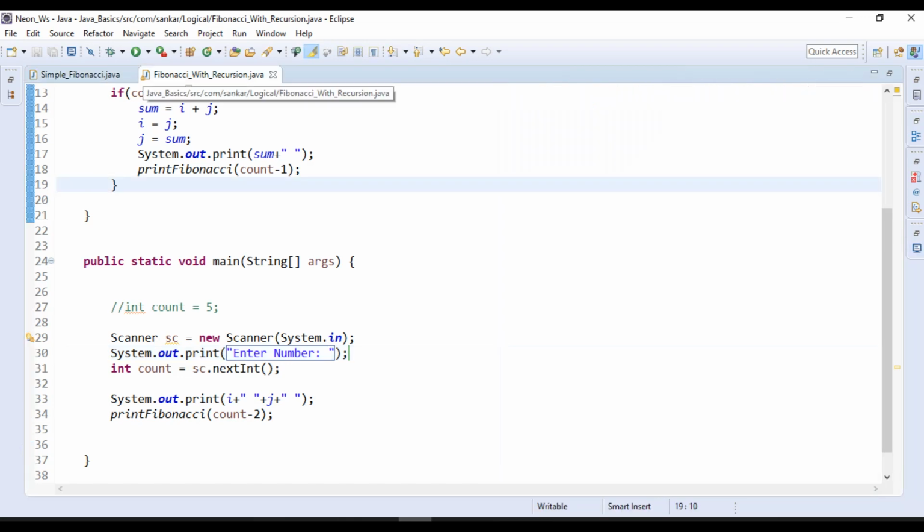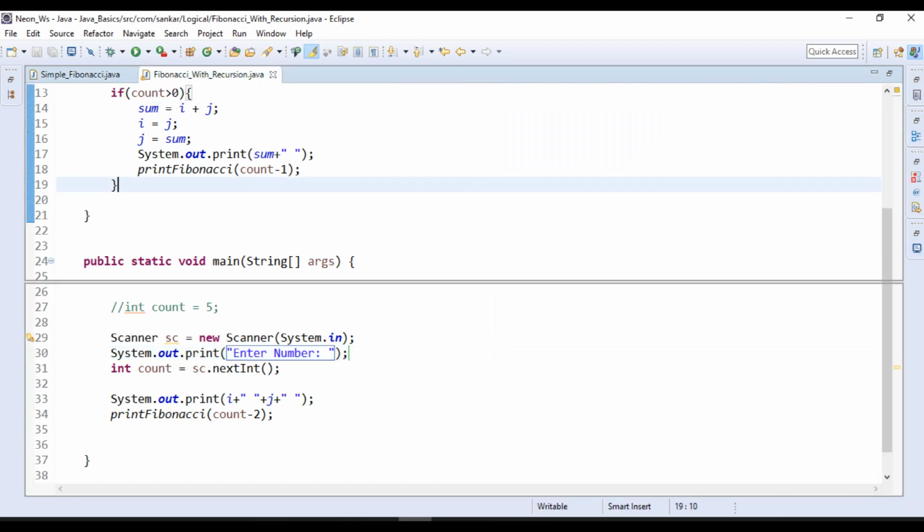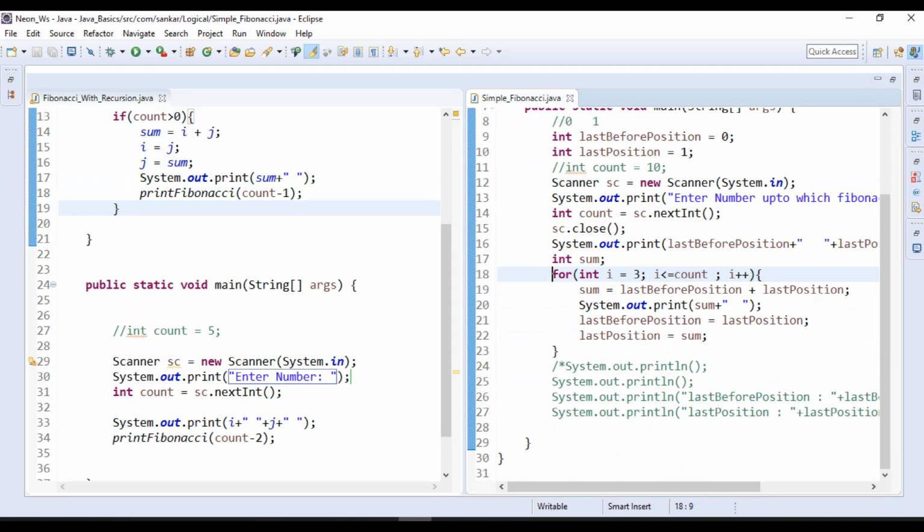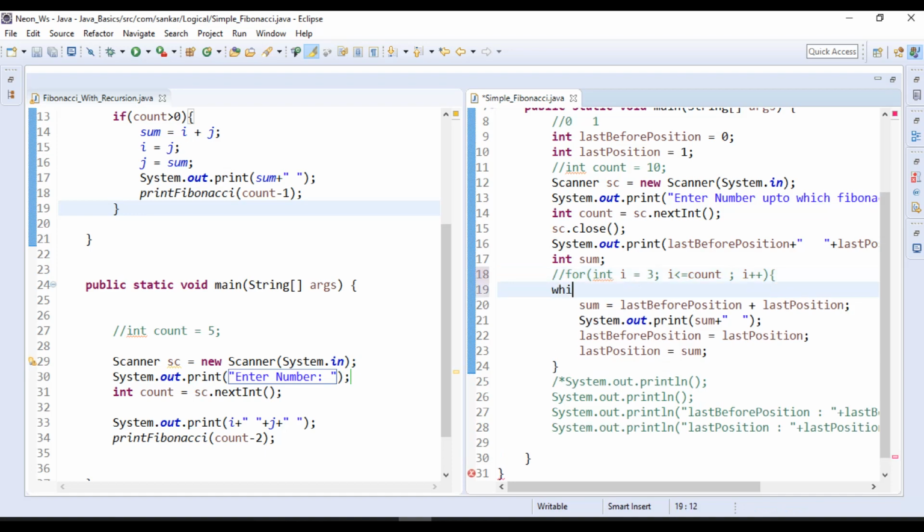So in the last video I explained the Fibonacci series without recursion, that means the looping concept, right? Observe carefully, here I explained the looping concept. At that time I used a for loop, and I told you we can use a while loop also, so I will explain that one too. Now I will use a while loop. Here we need to pass the condition, that means i less than or equal to count, then open here.